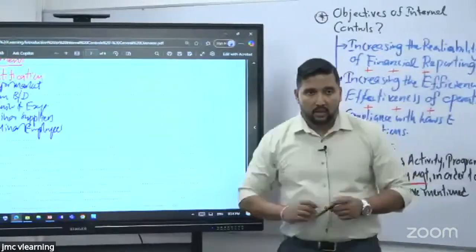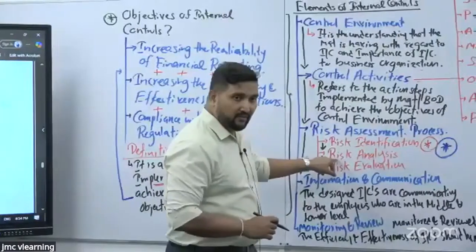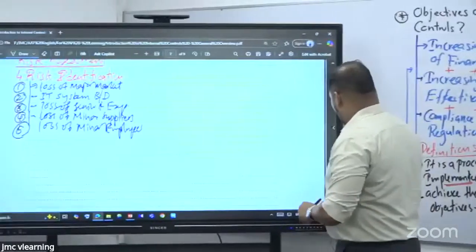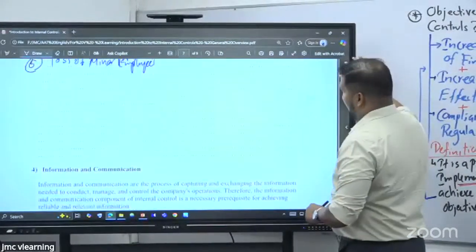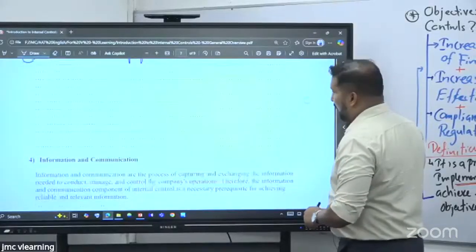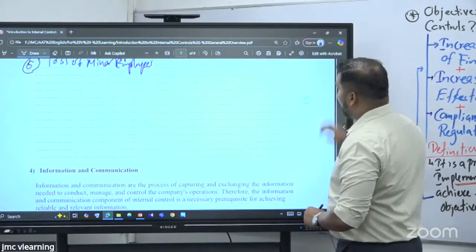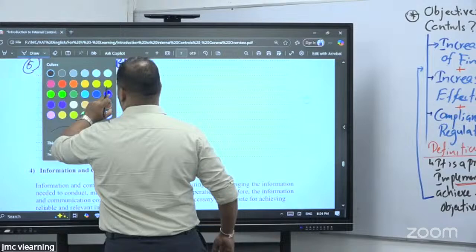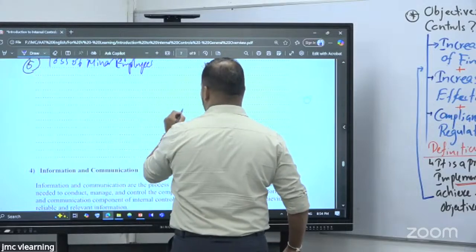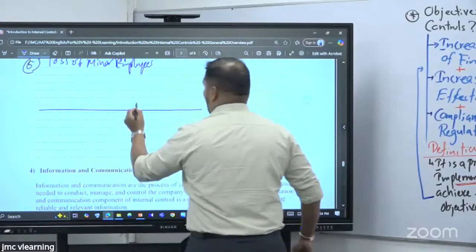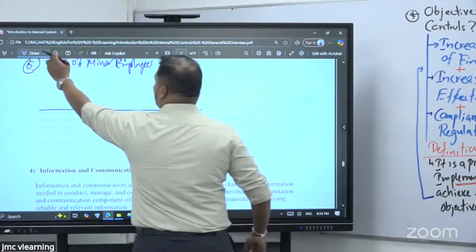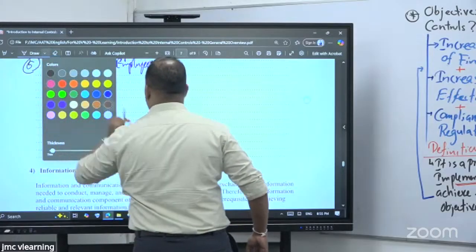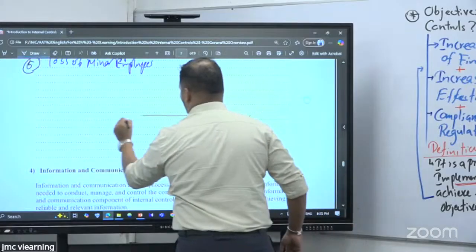Right. Now, I'm going back to the second element of risk assessment, which is what? Risk analysis. Now, I want to have a deep dive with regard to the risk. So, how am I going to analyze the risk? When I analyze the risk, I should use this format. Okay, I will be using this format.